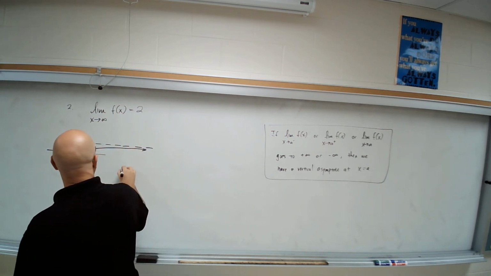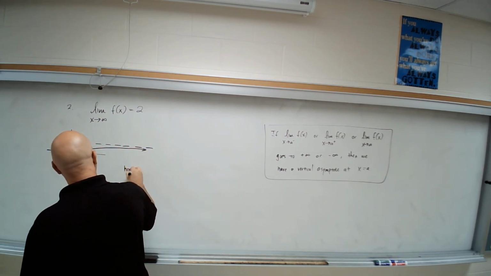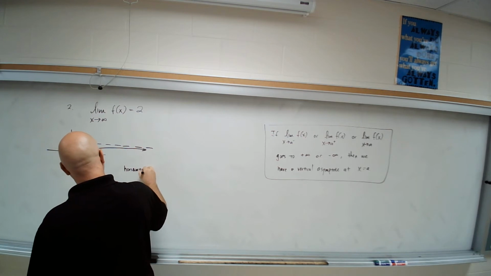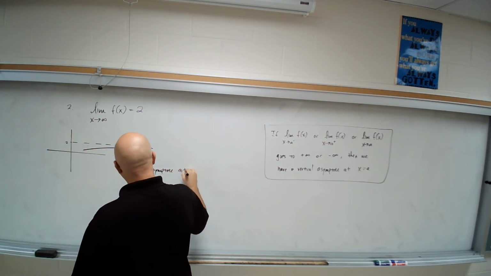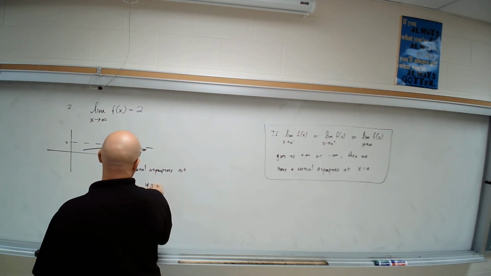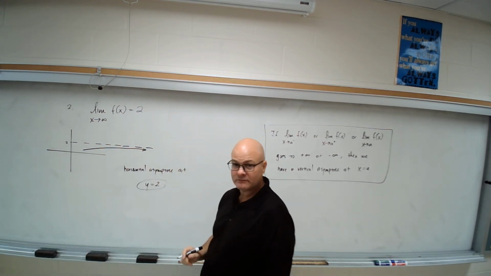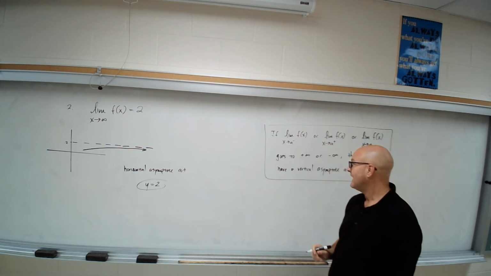So in this case, we would say that we have a horizontal asymptote at y equals 2 for that case. Okay, now in general,